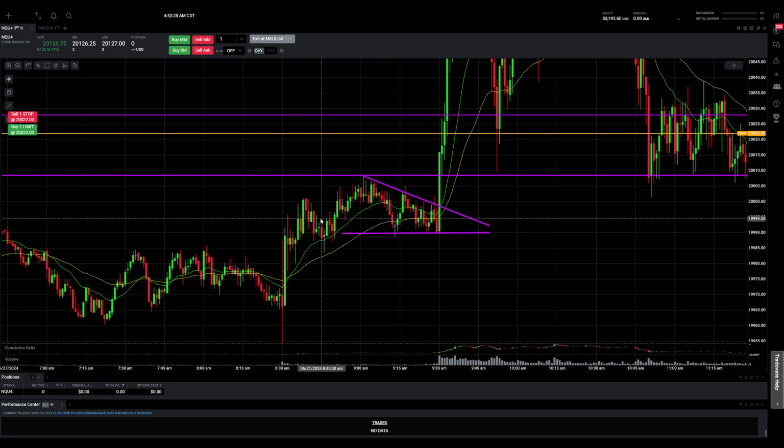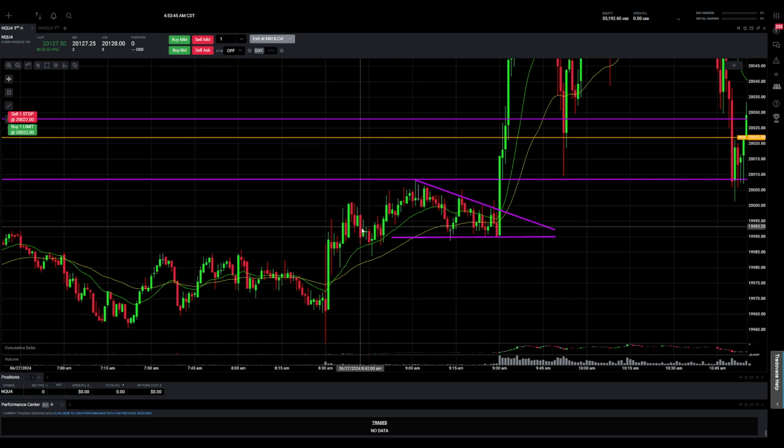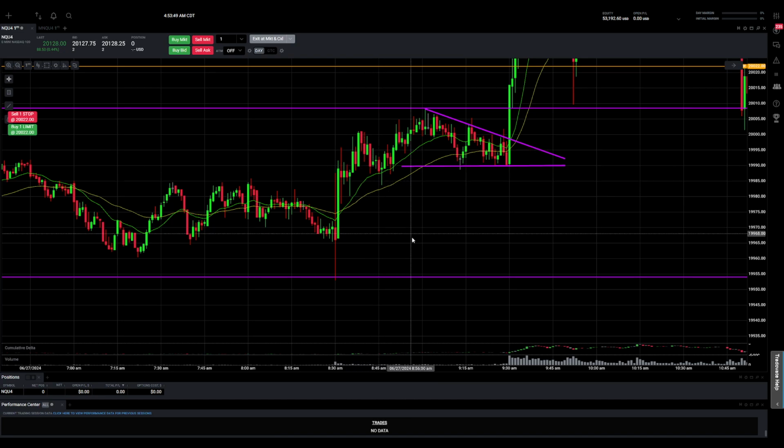And then basically, taking a short right here would have made sense in a manner, because you can tell that they weren't pushing it towards one of the resistances around 20,000 tens or 15s or something like that from the previous day. And I took that short just to try to get a nice retest of the low here of 19,955s,